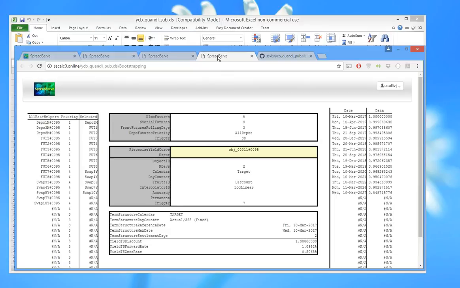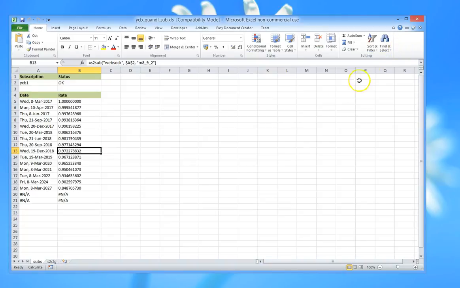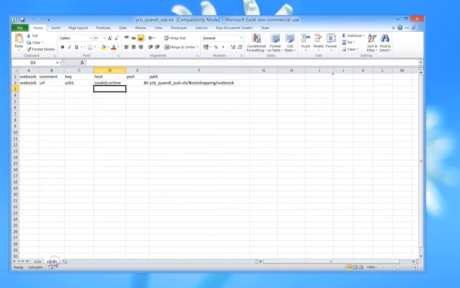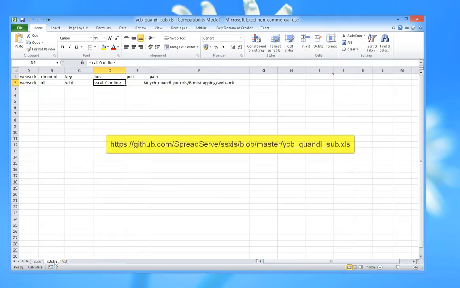What about automated output? Well, obviously any number of users can point their browser at the Bootstrapping tab and see the same numbers. They can also use the SpreadServe add-in to pull those numbers into their own desktop spreadsheet, and